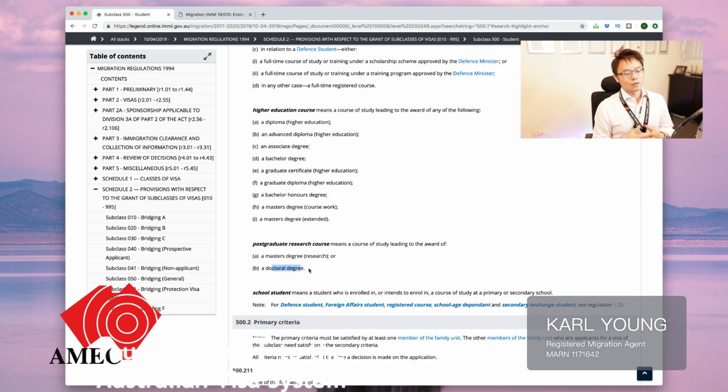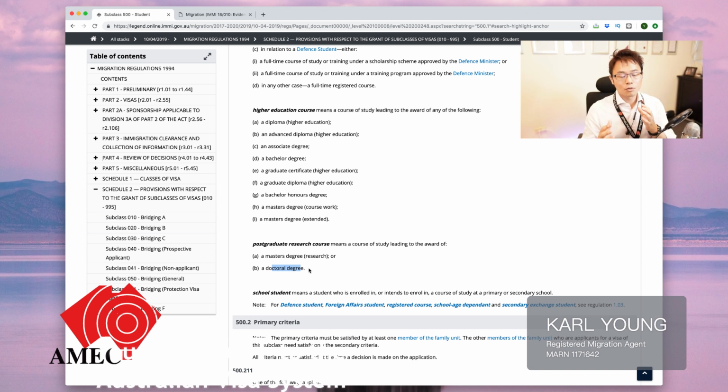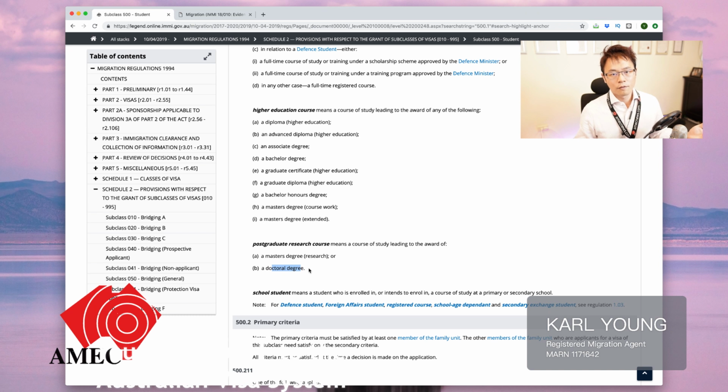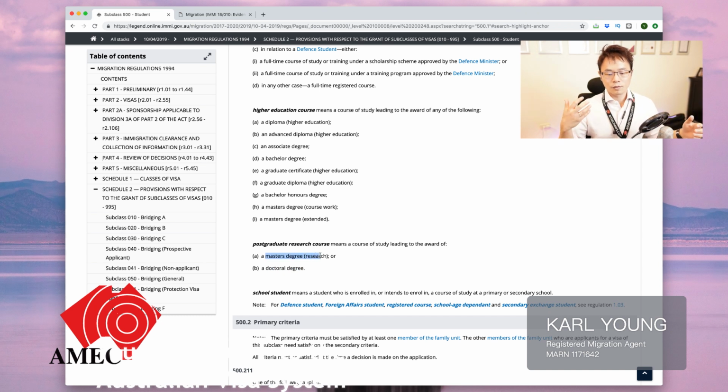So what are the differences between master degree research and master degree coursework? That's commonly what a lot of people have asked me. A quick explanation to differentiate the two is that master coursework is generally just coursework. There's no research required, no thesis required to be written, and with a research master degree, obviously you are going into some sort of semi